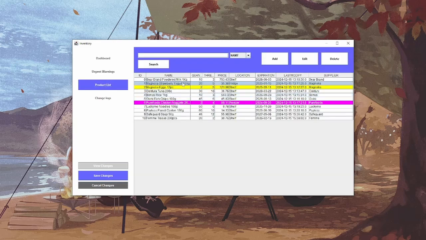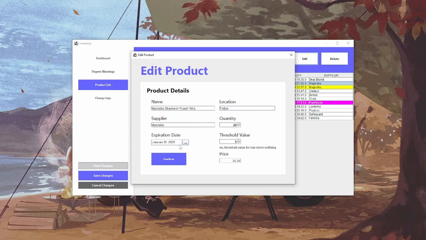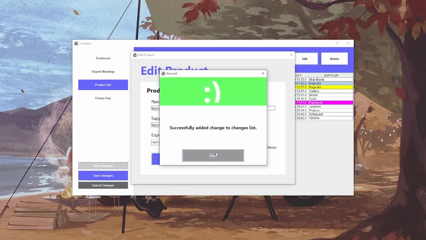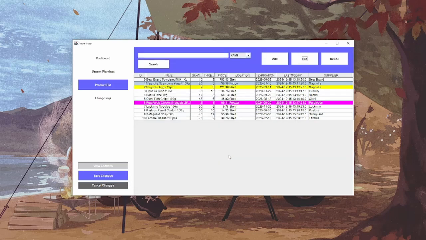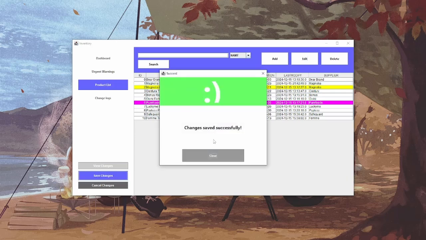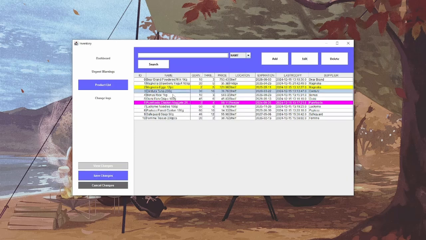As an example, we will be replacing our expired stocks. To do that, we can perform the edit operation. Assuming that you have replaced the product that is expired, you can then replace the expiration date with the new product's expiration date, and the new product date would be April 23. Of course, the change will be stored in a queue, and the user needs to press Save Changes for it to reflect. As you can see, it changed its color back to white because we changed its expiration, which means that it's no longer considered expired.